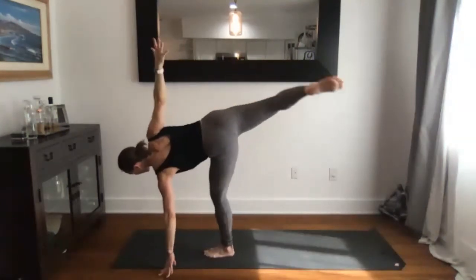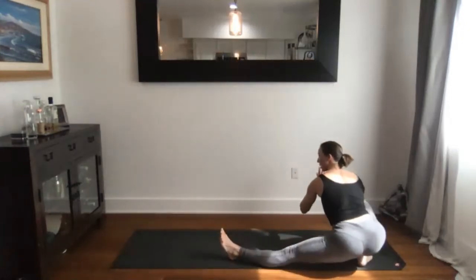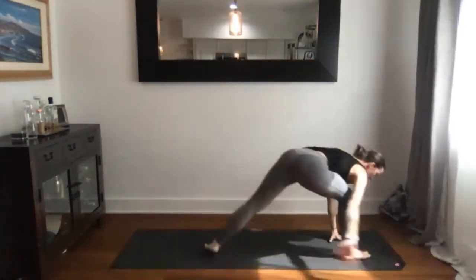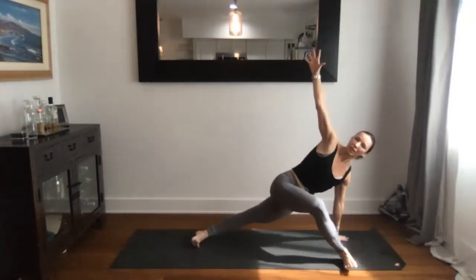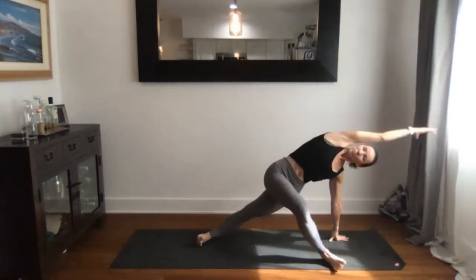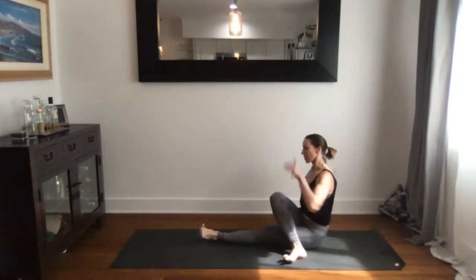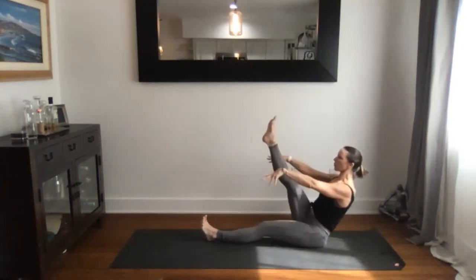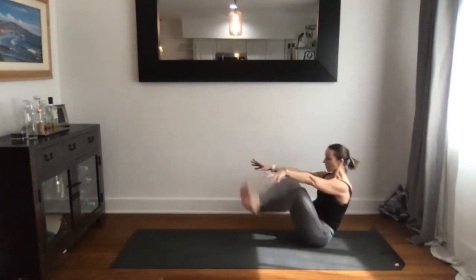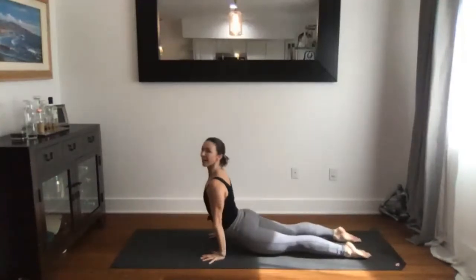And then back of the mat, Skandasana. Turn all the way back of the mat, twisting open. Turn your feet to the right, lift up, and then sink down. Turn all the way around to face the front of your mat, and then take a twist to your right. Come through center, boat pose, inhale. Cross your shins, chaturanga. Up dog, come back to